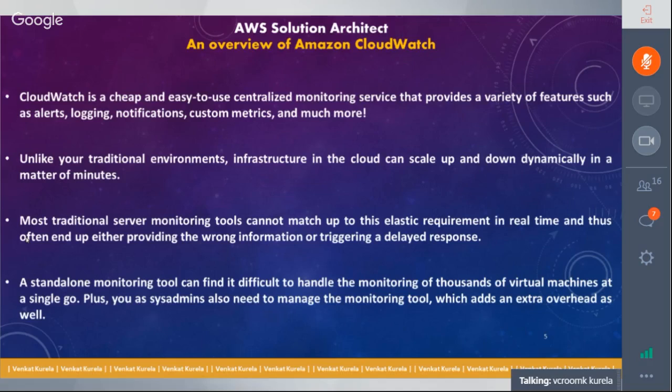And then custom metrics. Apart from the default CloudWatch metrics that you have, you can also develop custom metrics if you are an AWS developer, and you can also,